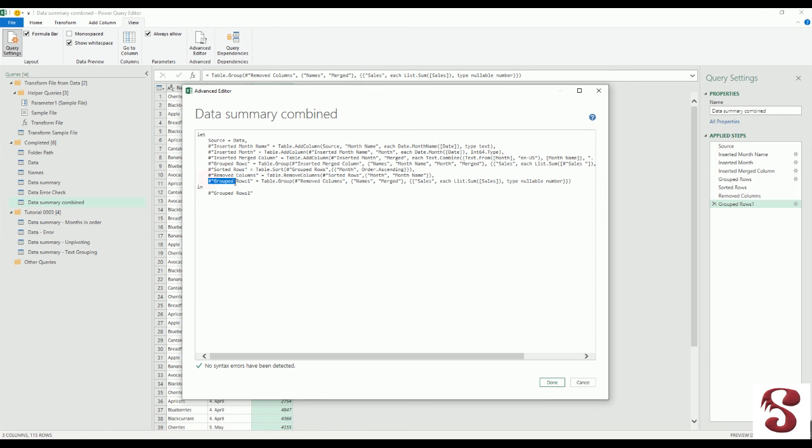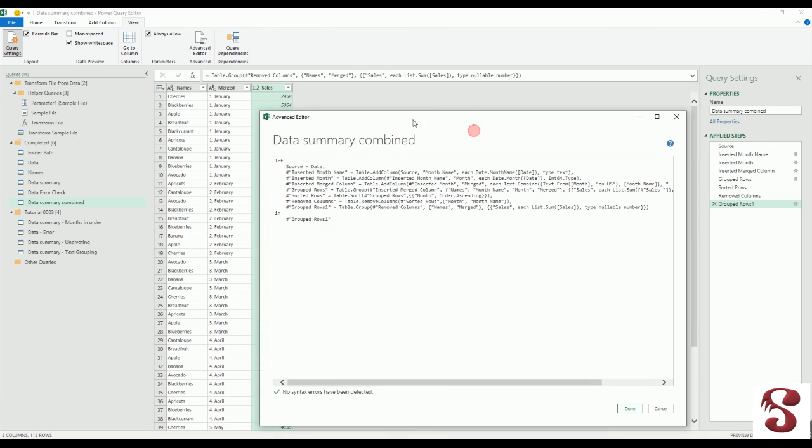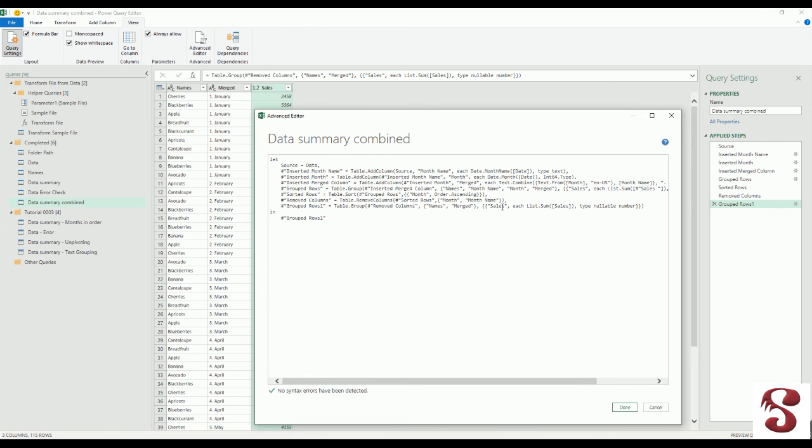So as I mentioned before, the last step is to group the rows, and as you can see, it's saying merge, have names and merged here, which are the first two here, and then it's saying to calculate the sales, and for each sales row, sum up the sales. So I wanted to combine the texts of each of the merged columns, rows. So I would